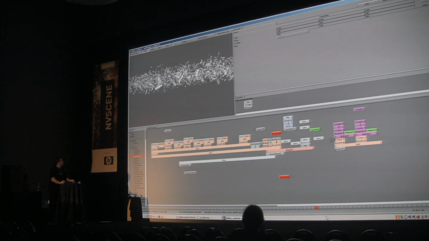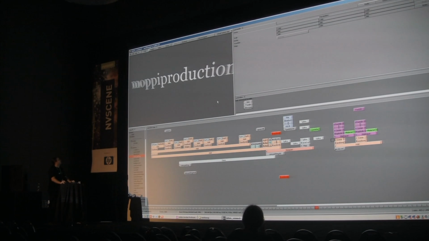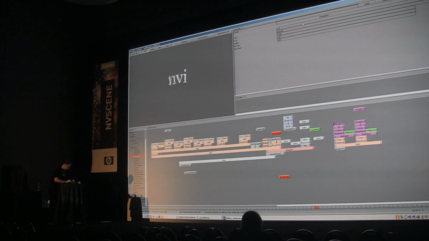It should stop now. And since it's all pretty much real time, you can just change the font and have that fall apart.